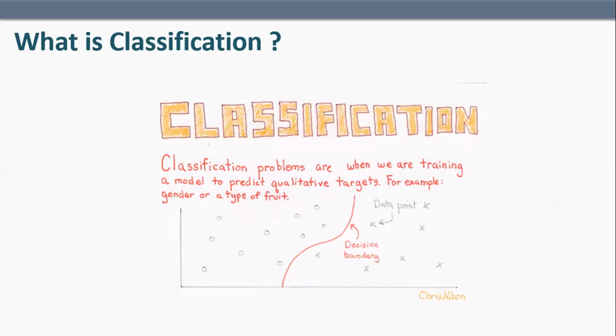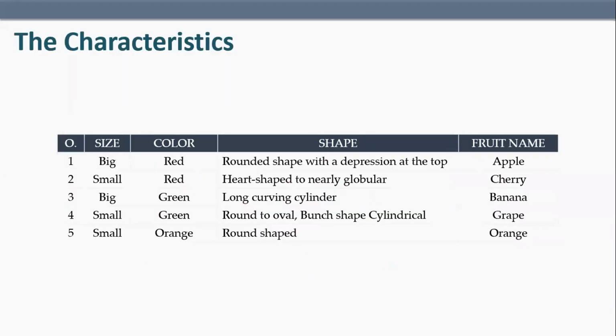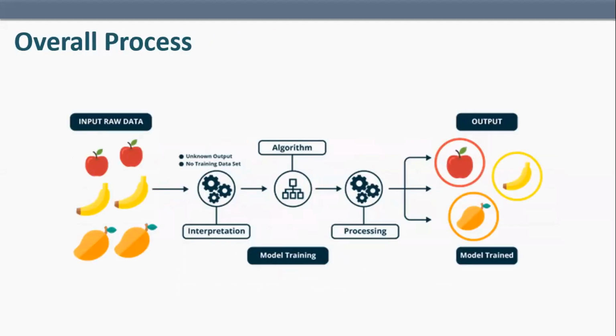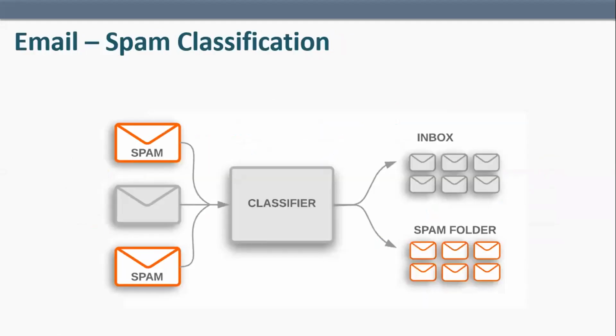So this example is one of classification. You have trained the model on all these elements, all these images, which is why it is telling you it is an apple or a banana or a mango or whatever that may be. So you have trained that model and ultimately you get that output: 90% chance this is an apple, 70% chance this is a grape, or whatever that number may be. So there are different examples of classification.